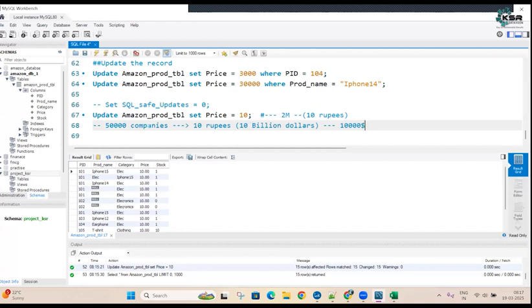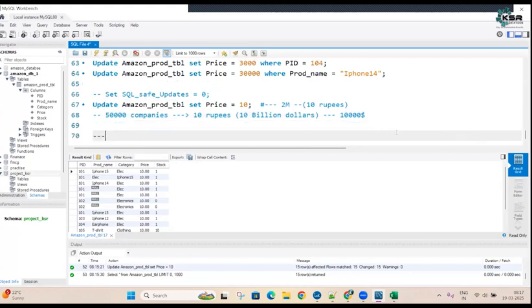Is the company affected? Is Amazon the one who is affected? Or are the companies who are selling their products on Amazon affected? Who are affected here? Each and every person who is selling their products, and even Amazon, is affected. So always make sure, whenever you are running update statements,